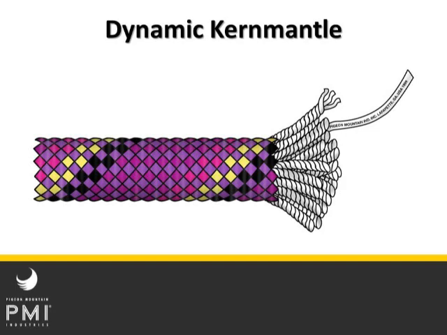Another trick is to use a different type of nylon than what's typically used in the static ropes. They use a nylon type 6, which has more elongation than nylon 6/6, which is what PMI uses in our classic static ropes. And we'll talk about that a little bit more in a minute. But the mechanical elongation of the twist plus the heat treating plus a different yarn all gives the dynamic rope its extra